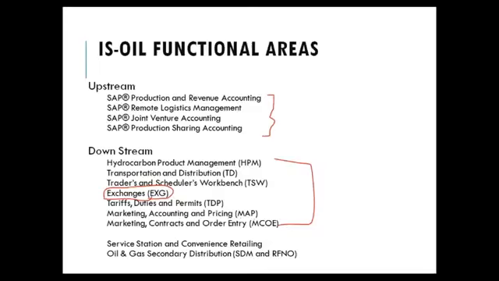Marketing, accounting, and pricing. As we have discussed earlier, with reference to crudes, the prices change, right? There can be different types of pricing. The mostly used pricing in oil and gas is formula and average pricing, and we'll discuss that. There can also be location based pricing. There are different types of pricing: contract specific pricing, contract call off pricing. We will discuss the different pricing techniques used in oil and gas.